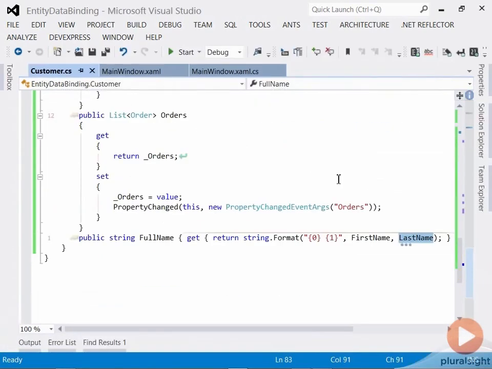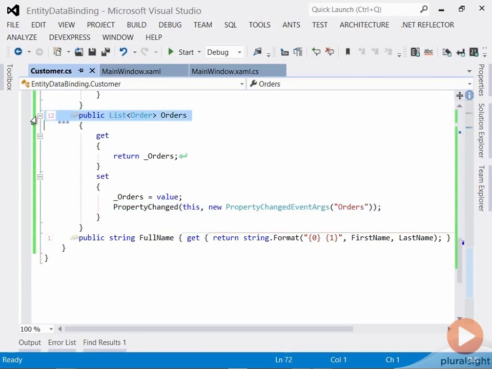So if we go look at our customer object, we can see the root problem here is that that orders collection on the selected customer is just declared as a list of order. If we set the orders property as a whole, changed out the whole collection, we would have been fine because a property change would have been raised and the binding would have rebound to that new collection. But in this case, we're not swapping out the whole collection. We're just reaching into that collection and adding a new item. And list of T has no change